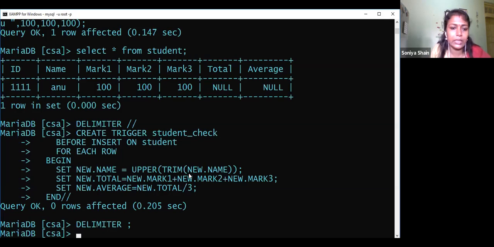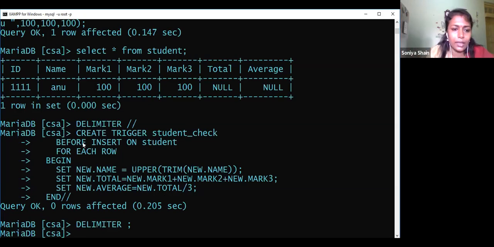Let me see whether the change happens or not. Total and average have to be calculated also. But in the normal case, Anu came the same way, and the total and average were null. So now I have created the trigger in the database, and the trigger is saved in the server.